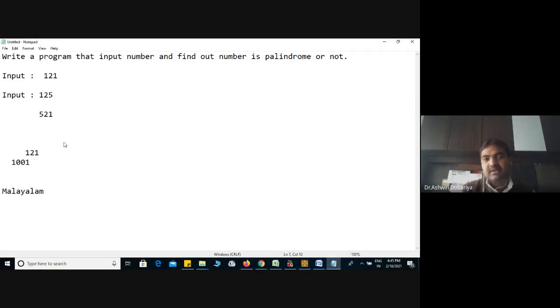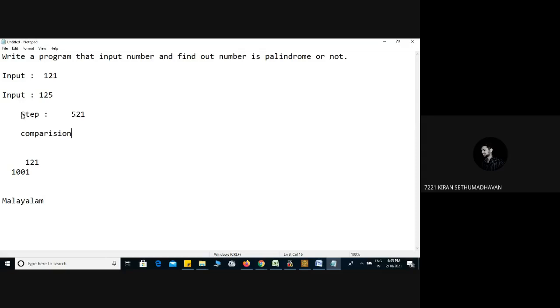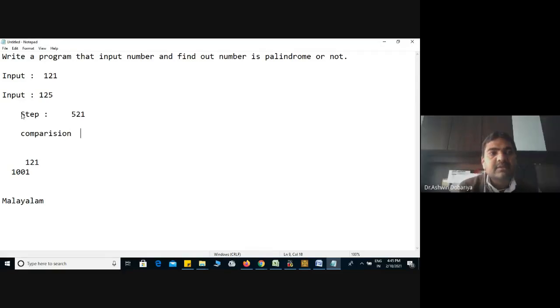So the first step is to make a reverse number. Once the reverse happens, then what do we have to do next? Compare, if else. Comparison between our input number and the reverse number. If both are the same, then we can say that number is a palindrome. I think the logic is clear to all of you.